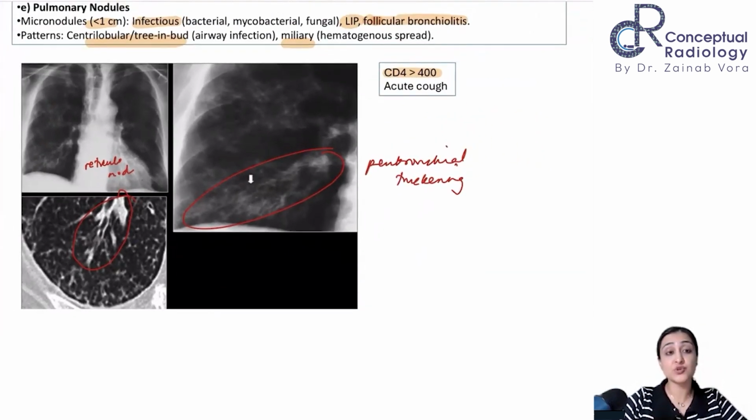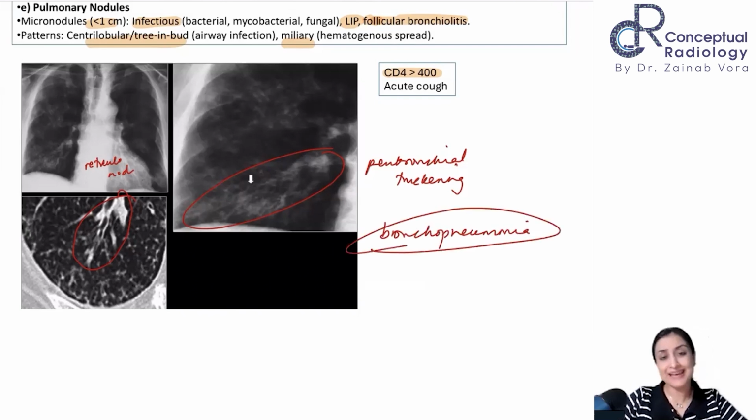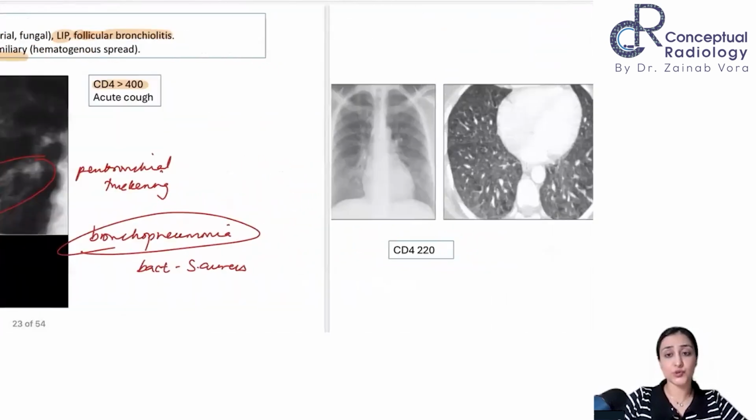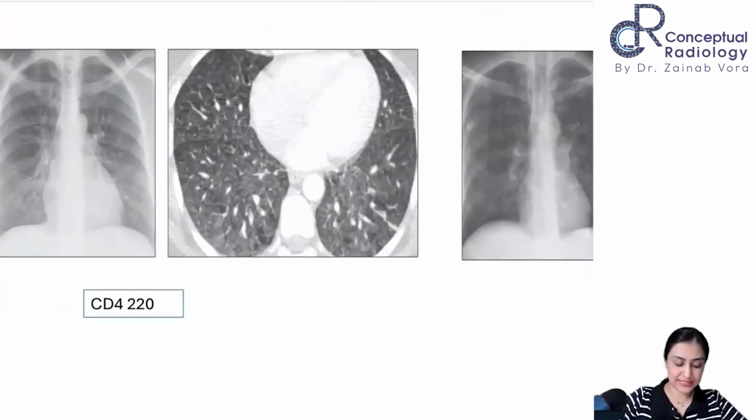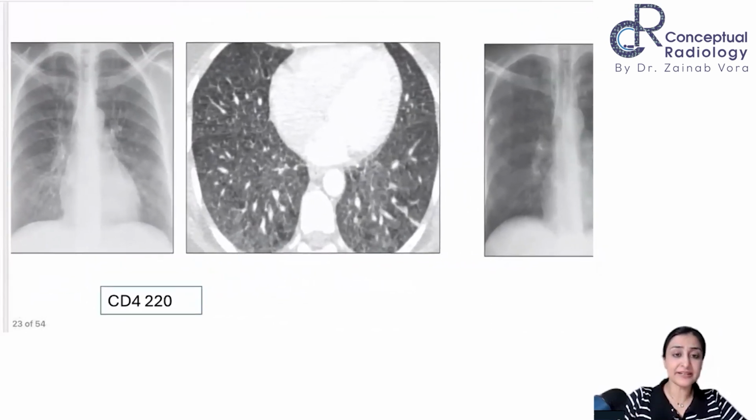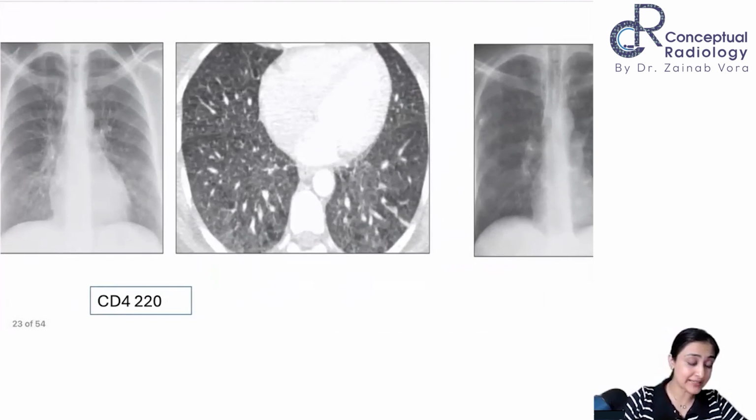What possibility do you want to consider here? Acute presentation, there will be fever also. So bronchopneumonia would be your first differential, before you think of TB or anything, in high CD4 count. Very good. Think of bronchopneumonia, bacterial cause like Staph aureus, gram negative, right? So this is bronchopneumonia. If the CD4 count is relatively lower, 220,